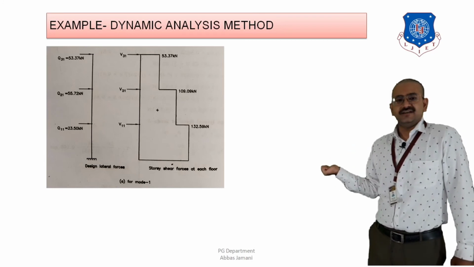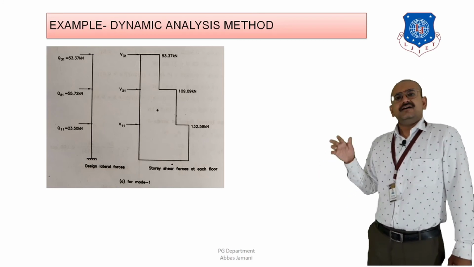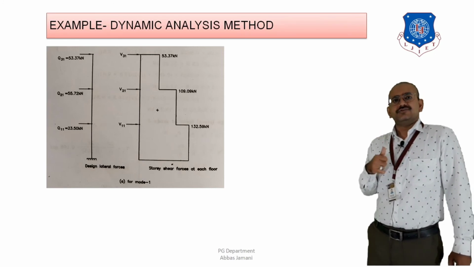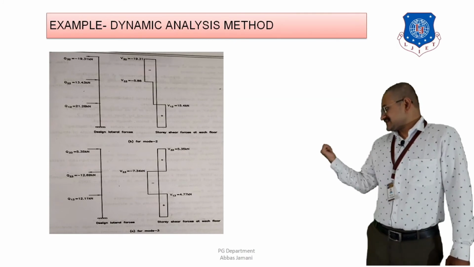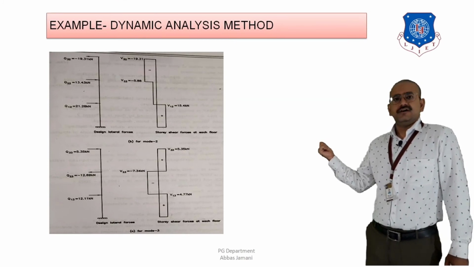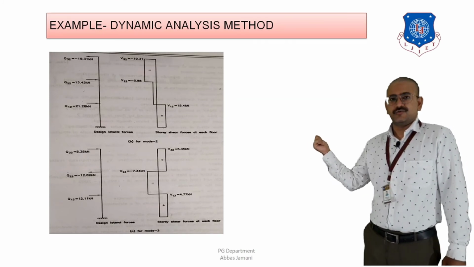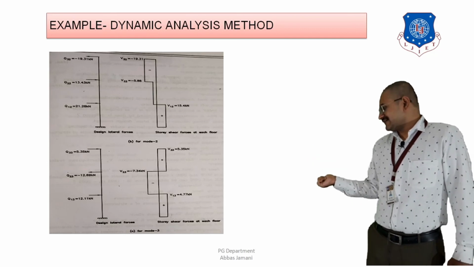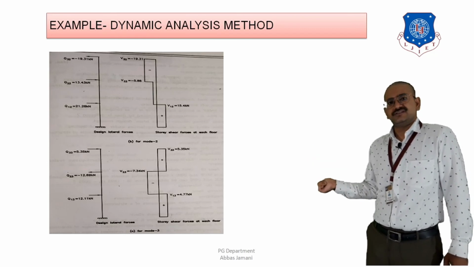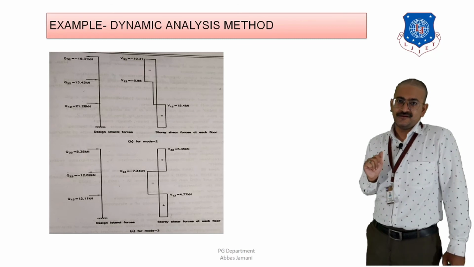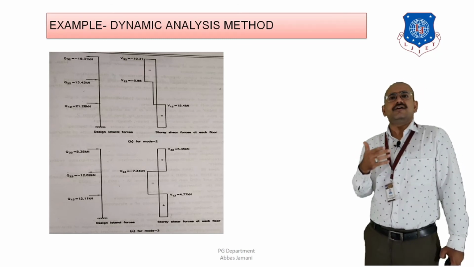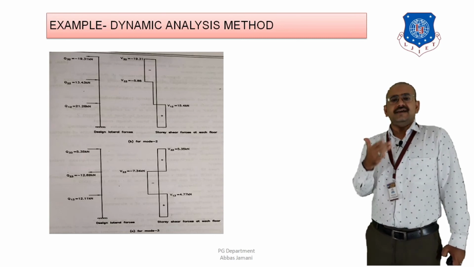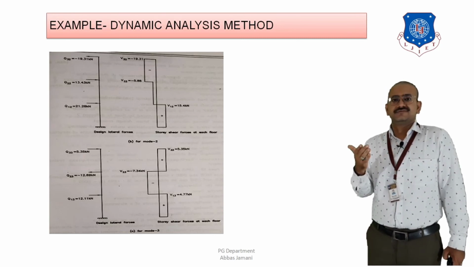The same thing can be seen in the figure over here, where the values are independently shown for all three modes, that is mode 1, mode 2 and mode 3. In this figure you can see that the values of story shear and lateral forces corresponding to mode 2 are shown, and similarly in the other figure the values of lateral forces and story shear corresponding to mode 3 are shown. Right? So, this is the completion of the third step, that is the calculation of lateral forces for each of the stories corresponding to each of the mode shapes.